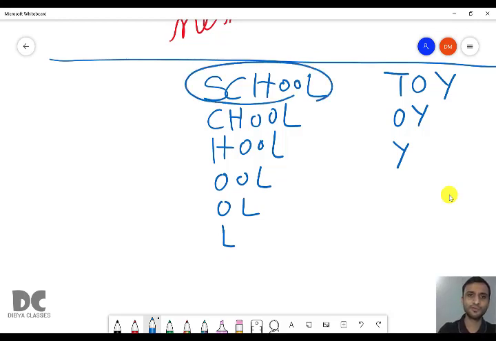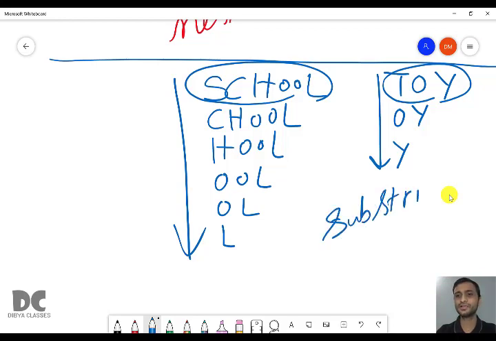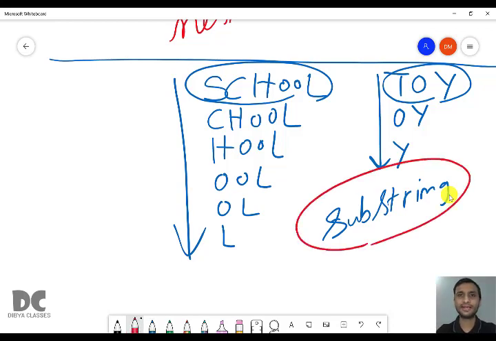Here the word was school, therefore you got this answer. Here the word was toy, therefore you got this answer. The user can input any word, but the pattern will remain the same: delete first the first letter, second the second letter, third the third letter, and so on till at the end only 1 letter is present. So for this you have to use the string function, which is substring. So what does substring do? It extracts a word from a given sentence. Or you can also say it extracts a part of a word from a given word.